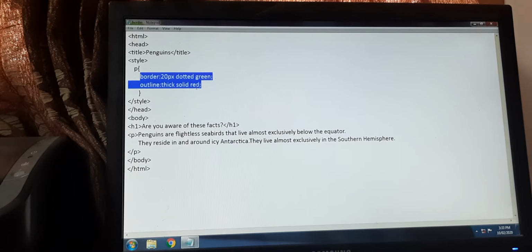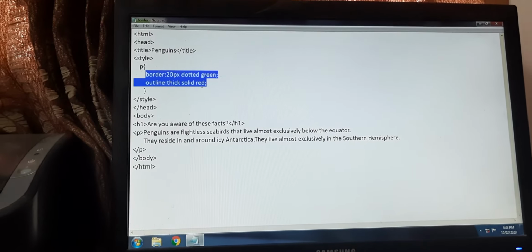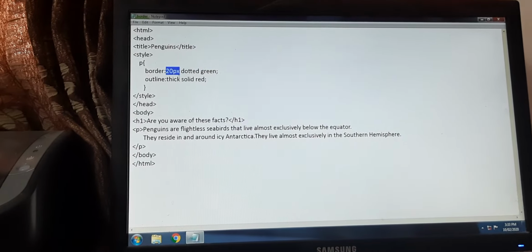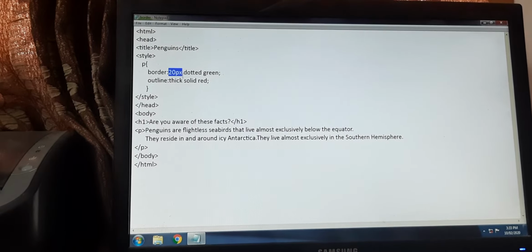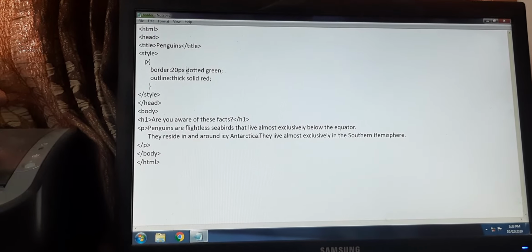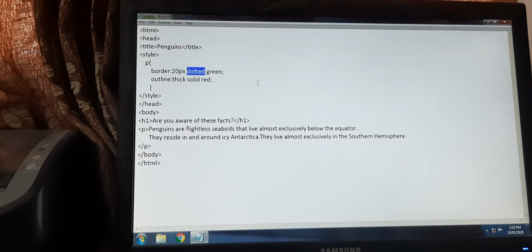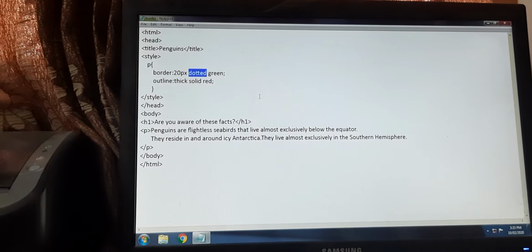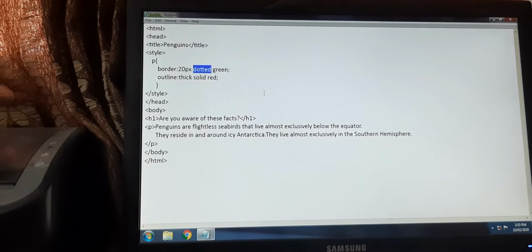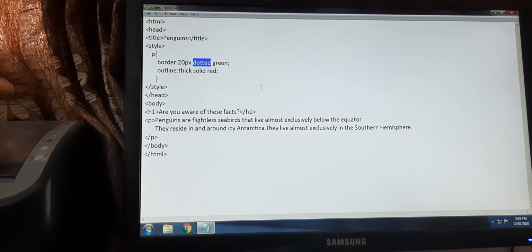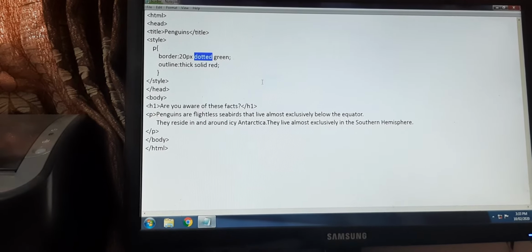Now, border width is generally denoted using pixels. You can see here it is written as px, which refers to pixels. Then we have dotted, which is the border style. This border style has many values like dotted, dashed, inset, outset, and so on.